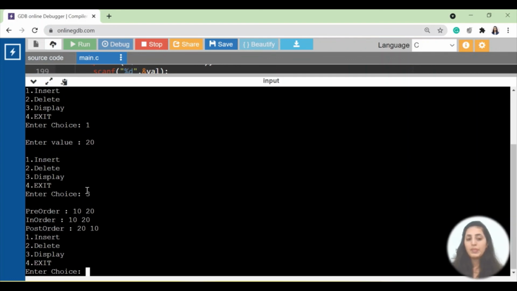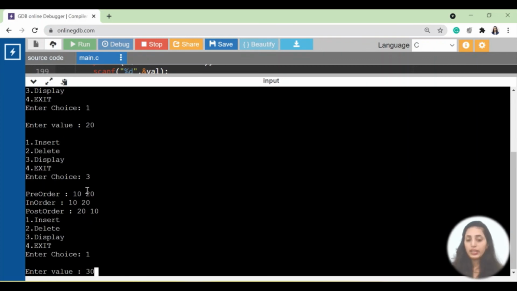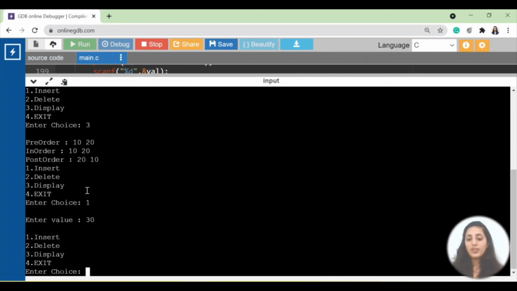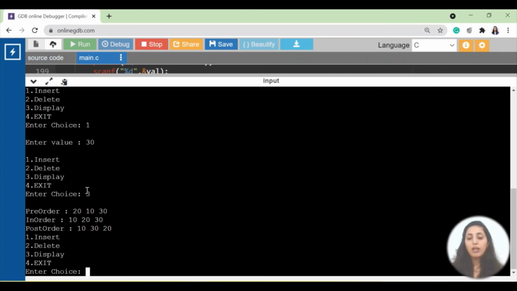Okay, so pre-order में root node सबसे पहले आता है, post-order में सबसे last आता है, मतलब 10 मेरा root node है. अब अगर मैं वहाँ पे और एक value add कर रही हूँ, which is say for example 30, so 10, 20, 30 will be there. In that case, my balance factor is not balanced now. So I will just display and I will check. So now the root node is no more 10. The root node has become 20. You can see in pre-order and post-order, 20 मेरा start और last में आया है. मतलब 10 will become a left child, 30 will become a right child. So it is balancing itself properly.